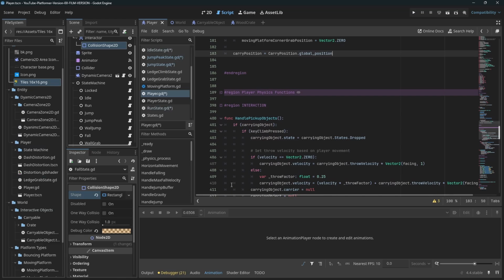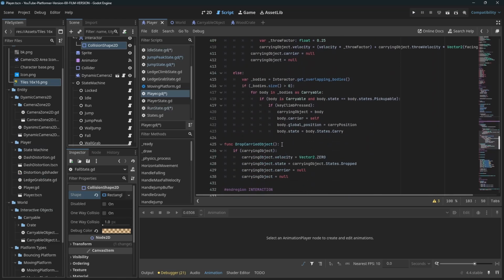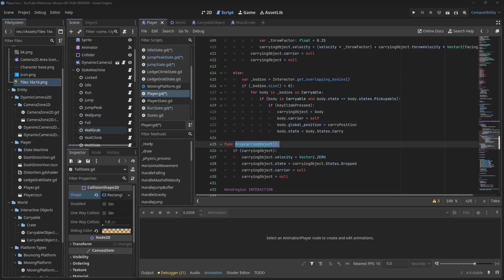And if I remember correctly, I don't think drop carried object, the player doesn't directly use, but it's used in other states, I believe. So if I go to the wall jump state, no, because wall jump will allow wall jumping, but like wall grab, yeah, so we need to go through these. So wall grab,